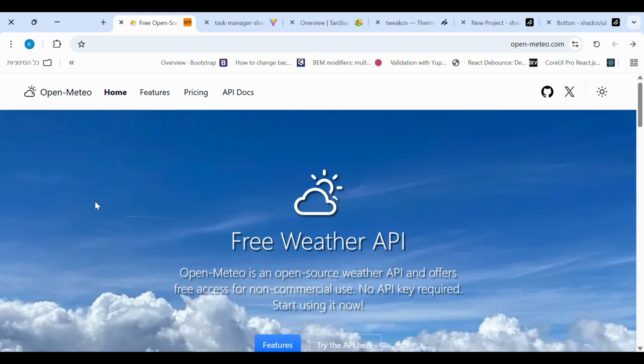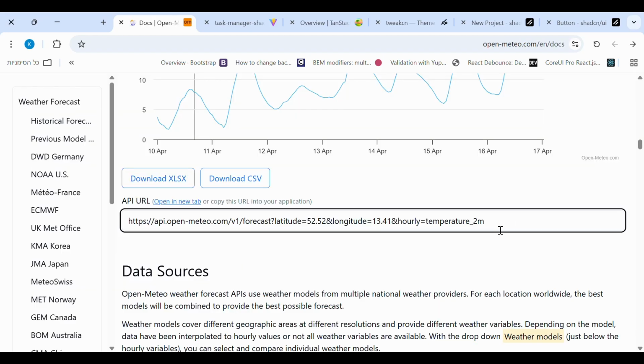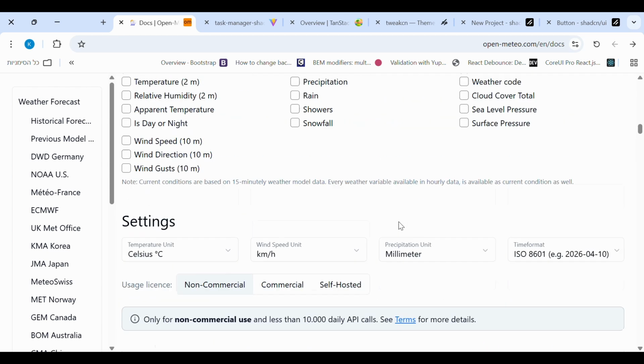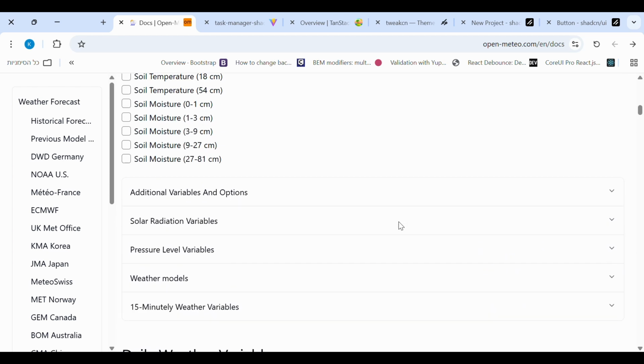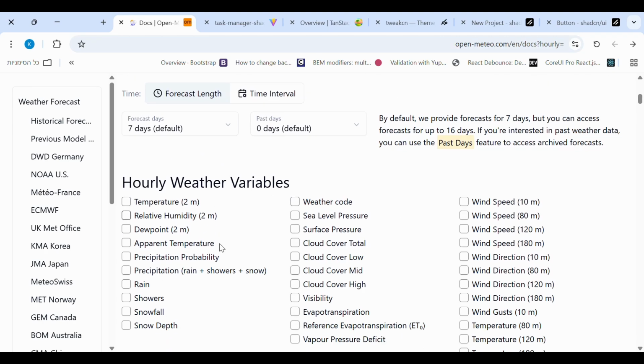So I'm going to use this Open-Meteo API. It's a free weather API, and you can find and read the docs here. So eventually we need to use this link. The most important part for us is to send latitude and longitude based on our location. If the user, for example, doesn't let the app use his location, then we are going to get an error. There are many things, and to be honest, it's not the easiest API to use, but again,